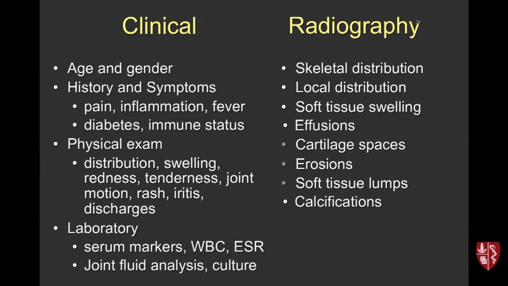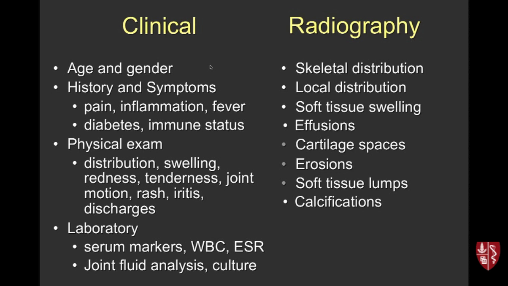I just have really one text slide, then we'll get into the cases. The important thing to remember is that we tend to feel like we work in a vacuum, but we don't really, and we don't have great clinical information a lot of the time, but the diagnosis of different arthropathies is really a combination of the clinical features and the radiographic features. And a good clinician can really make a pretty good diagnosis of an arthropathy based on the things listed here,